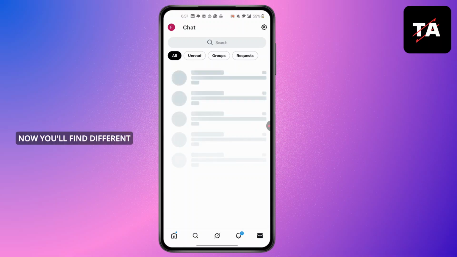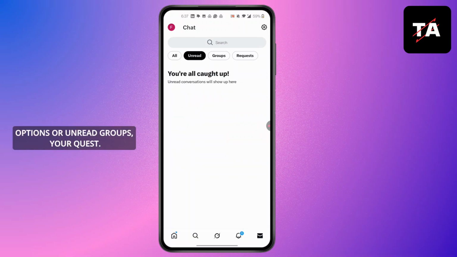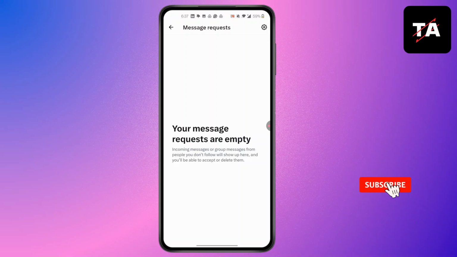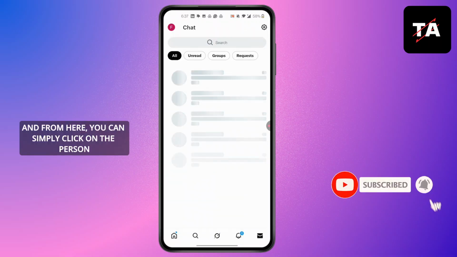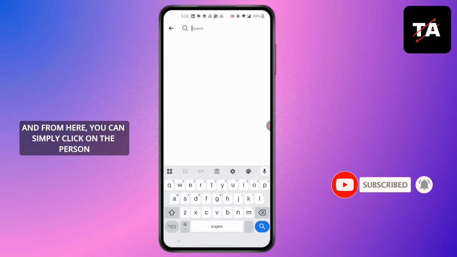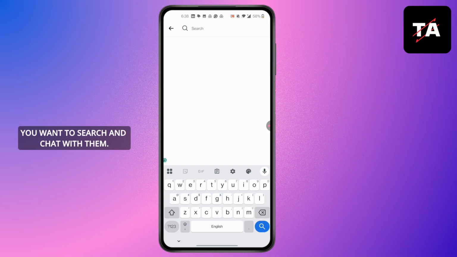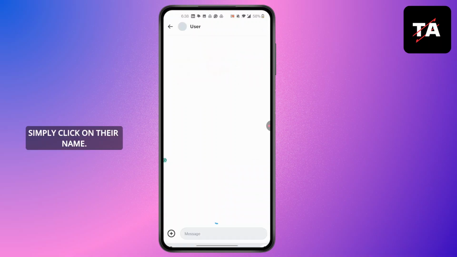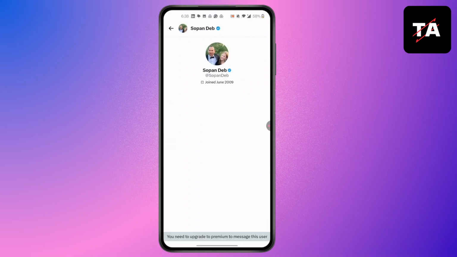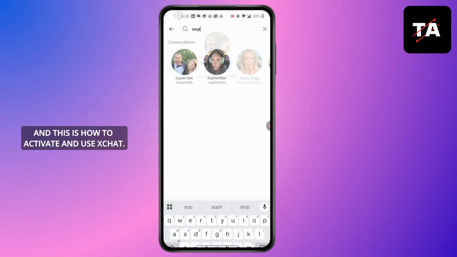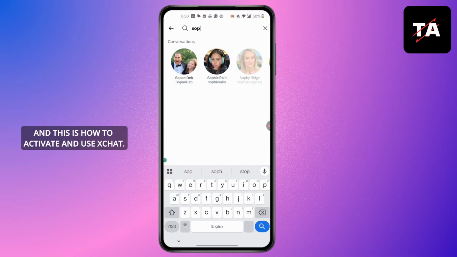Now you'll find different options: all, unread, groups, requests, and from here you can simply click on the person you want to search and chat with them. Simply click on their name and you can send the message from here. And this is how to activate and use